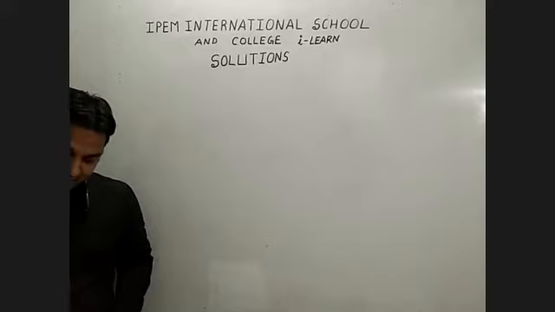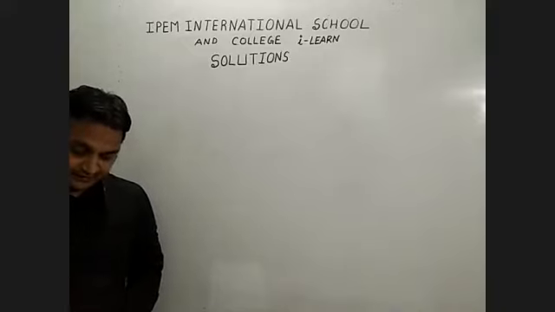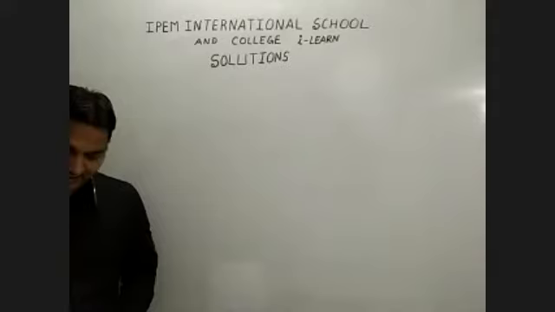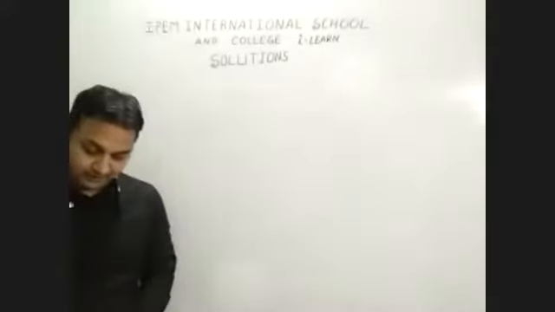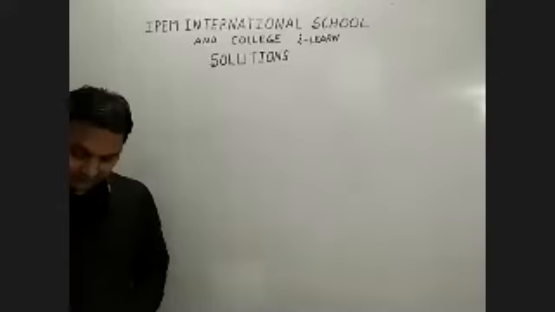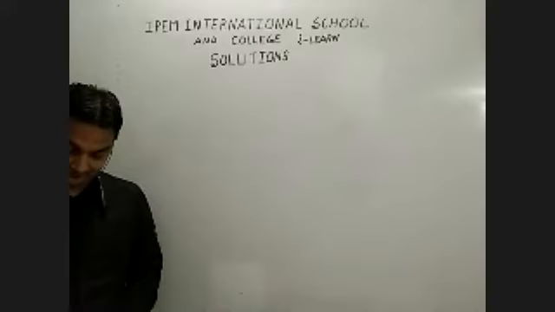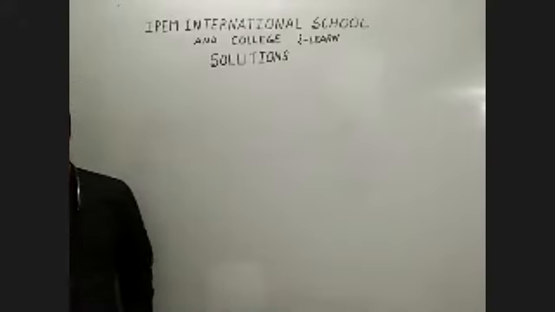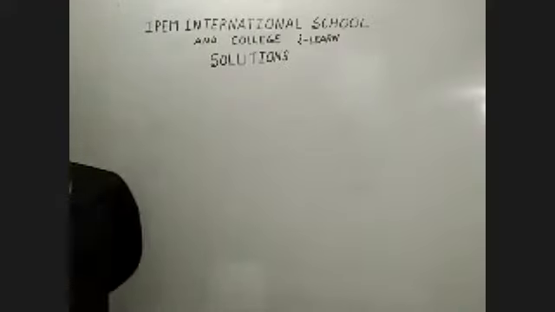Benzene and toluene nearly form an ideal solution at 303 Kelvin. The vapor pressure of pure benzene is 150 and of pure toluene is 50 mm. Calculate the vapor pressure of a mixture of these 2 containing their equal masses. How will you do it? Who has done this question? Anyone? Sir, we will find chi and chi p, the mole fraction. When equal masses are given, we can treat them as equal number of moles and then solve it.